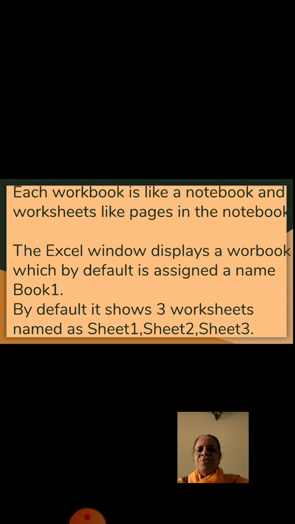Similarly, our workbook contains multiple sheets. By default, the workbook consists of 3 worksheets. What do you mean by default? When you start your Excel, at the bottom of the screen, you can see 3 sheets, that is Sheet 1, Sheet 2 and Sheet 3. That way we say by default it consists of 3 sheets.